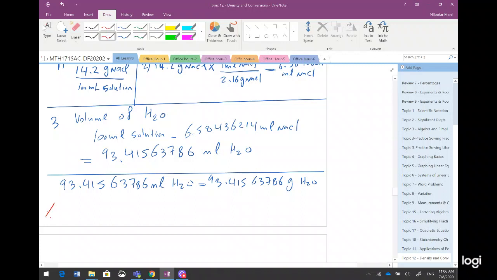Percent W over W is 14.2 gram NaCl divided by 14.2 gram NaCl plus 93.4156786 gram water. Okay, I can add them, and then I can find the answer. So the answer is,